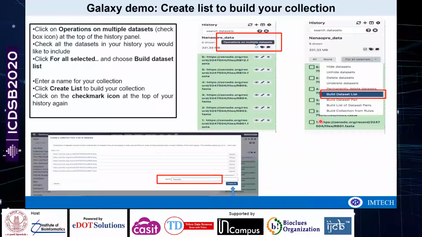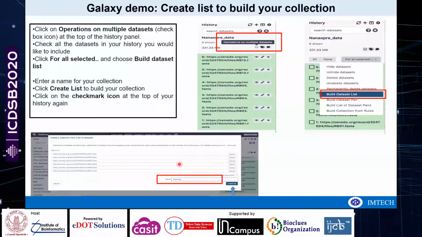Now the second task: since you are working with multiple data sets, you need to have a particular folder where you collect all of this information. For generating your folder, you have to go to these operations on multiple data sets, click on this checkbox, and this will give you the build dataset list option.